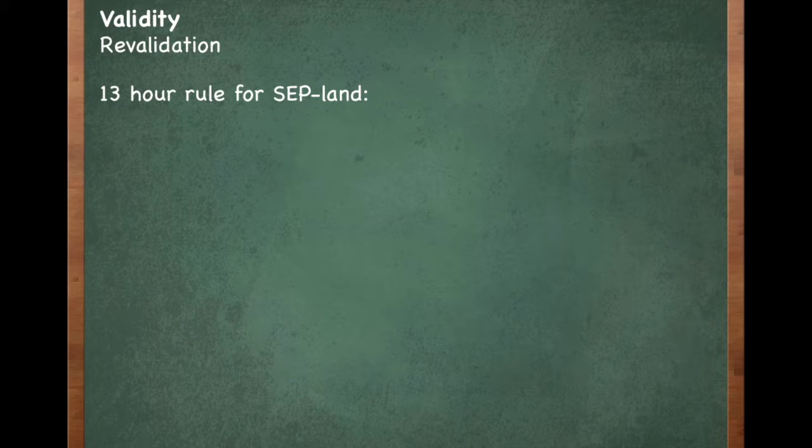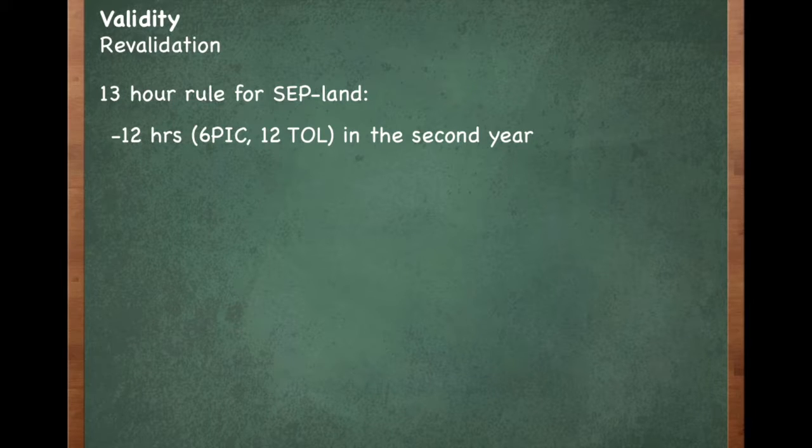If you, within the final 12 months of the validity period, have flown 12 hours of flight time, of which at least 6 hours are as pilot in command, and you have performed 12 takeoff and landings, you can revalidate by flying 1 additional hour with a flight instructor. In this manner, you'll have the opportunity not to fly a check ride, but instead to learn new things as